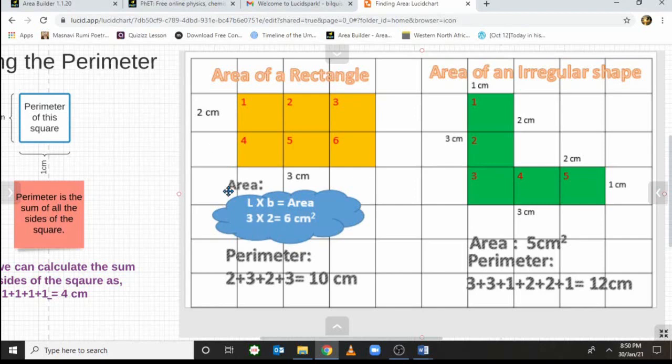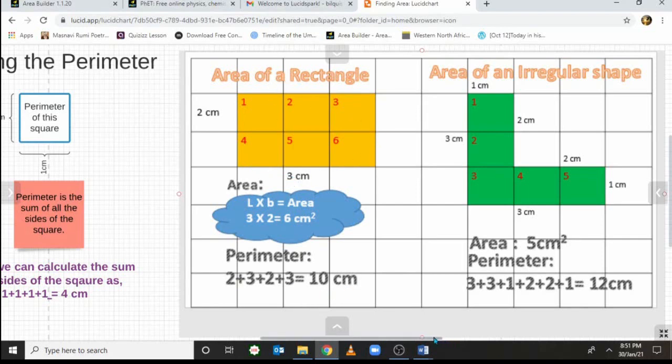And if we apply the formula, length multiplied by breadth is equal to area, 2 multiplied by 3 is equal to 6 centimeter square. The answer is same. Whenever in mathematics, if the laws consistently apply on the same type of figures or shapes, then it becomes a formula. So this formula works in area of a square and rectangle both. So we will calculate the area of a rectangle or a square with the same formula, and the perimeter is simple.